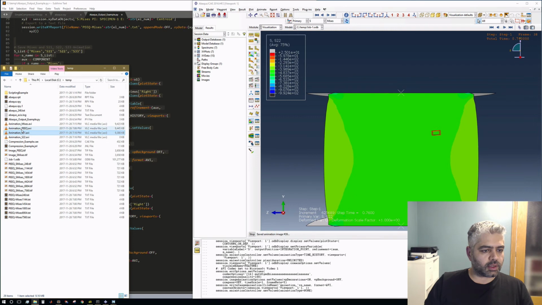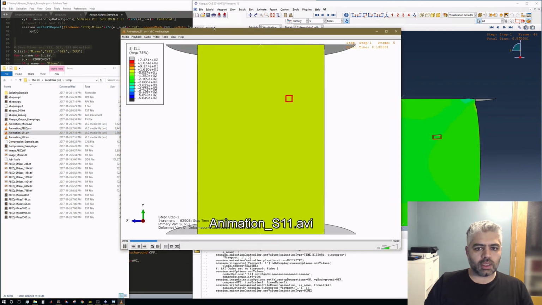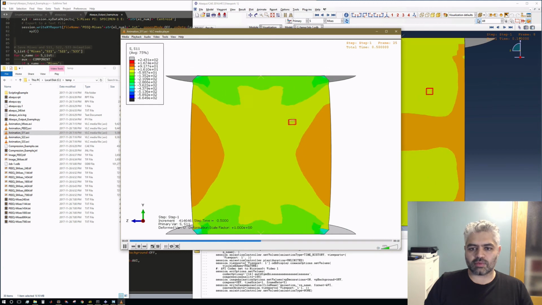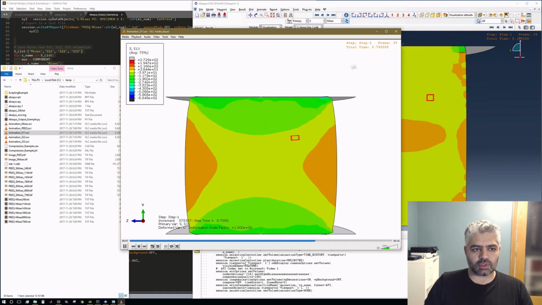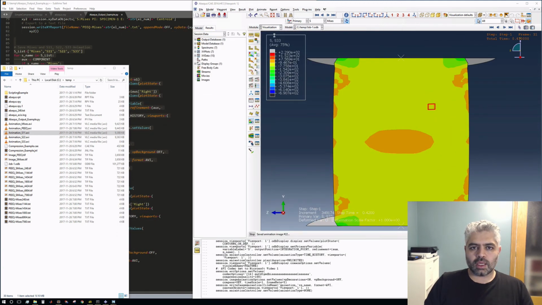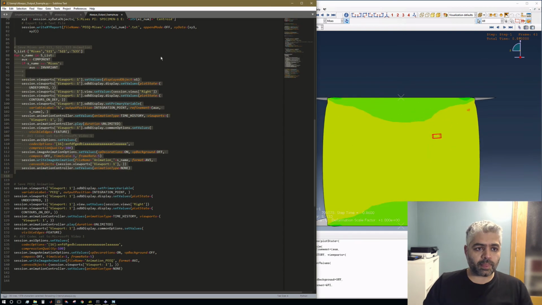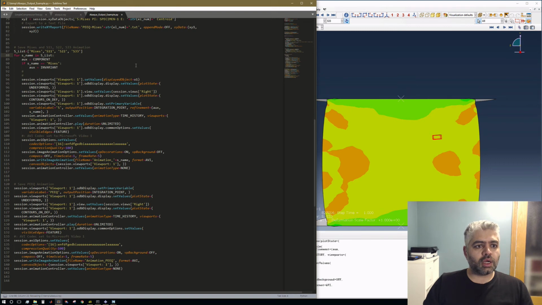So yeah, there you go. For example, for S11, it's showing us this, and etc. But since I clicked on one of the elements, the element is going to be shown on all cases. So that's done. Let's close this file and try to bring it back and run this script to see if